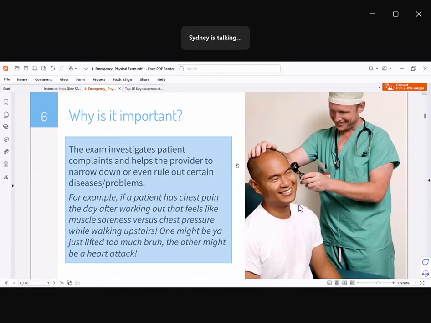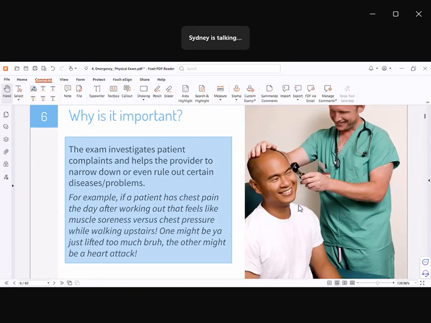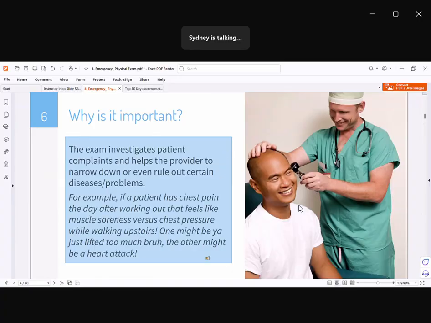So the reason why physicians are still trained in this nowadays is that while we have a lot of high tech equipment, the physical exam is really good to help us narrow down or potentially rule out certain concerns or diseases. For example, if the guy in this photo had chest pain, there could be dozens of things going across my mind about why his chest hurts. If I do the exam and let's say I palpate the chest wall and he's tender here, that may tell me that there's something going on with the muscle in that spot